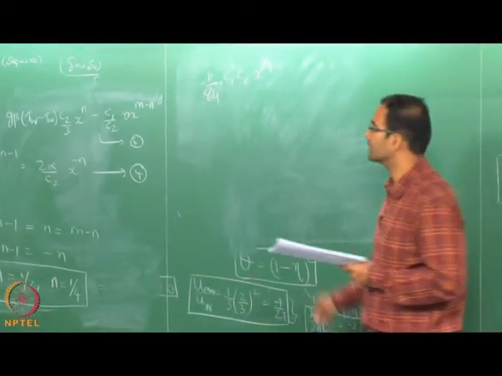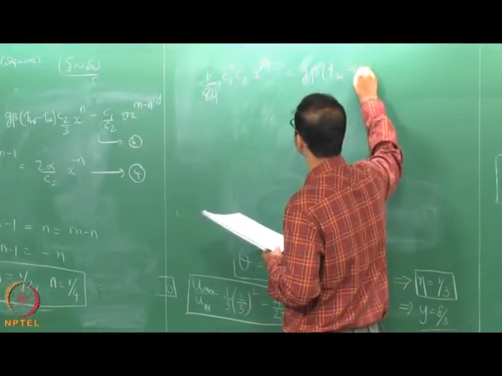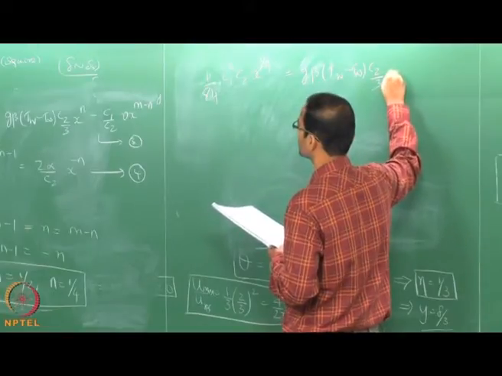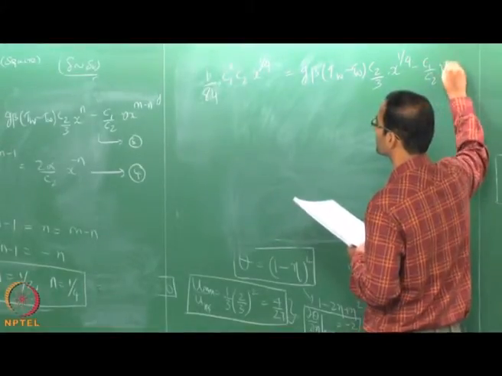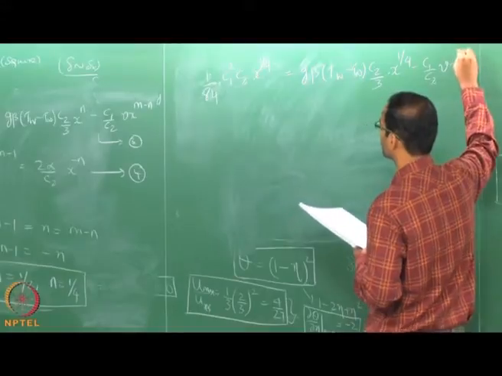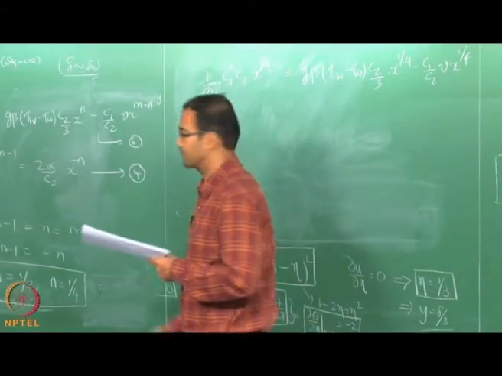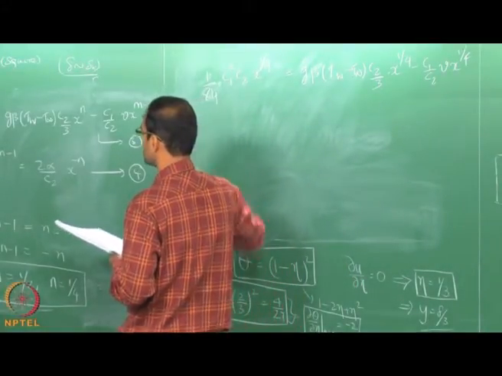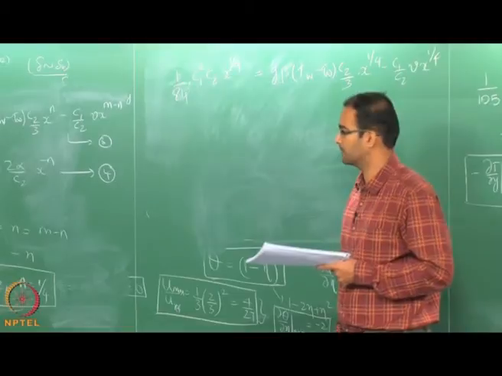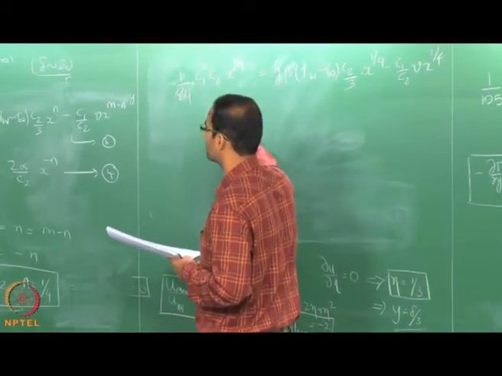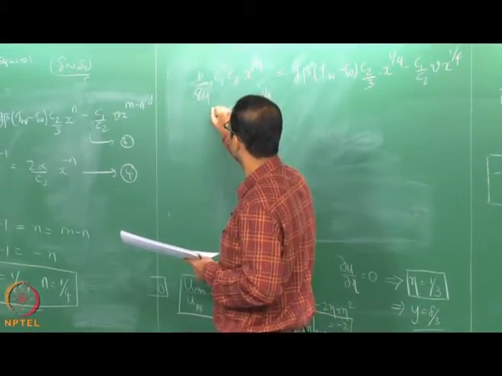On this side we have g beta (T wall minus T infinity) into C2 by 3 into x power 1 by 4 minus C1 by C2 nu x power 1 by 4. Okay. The powers of x should be the same, and similarly from this equation, what is m plus n by 30? Please check, calculate once again. 1 by 40.